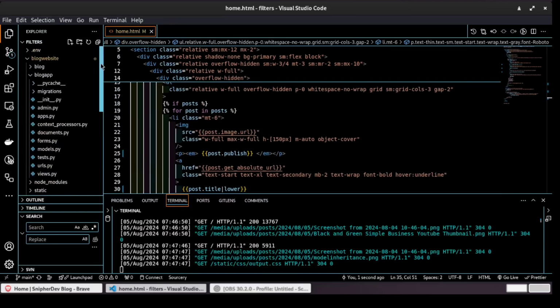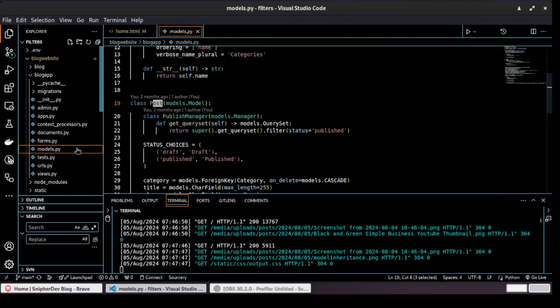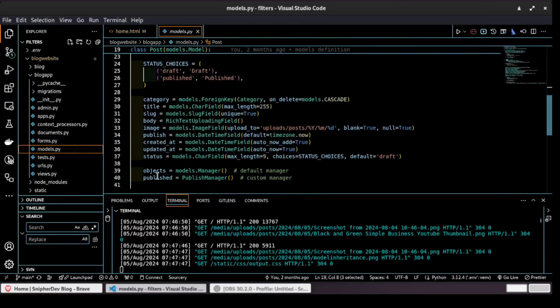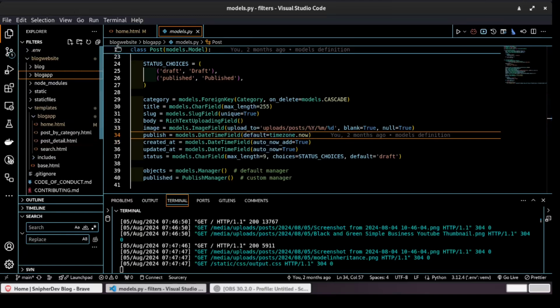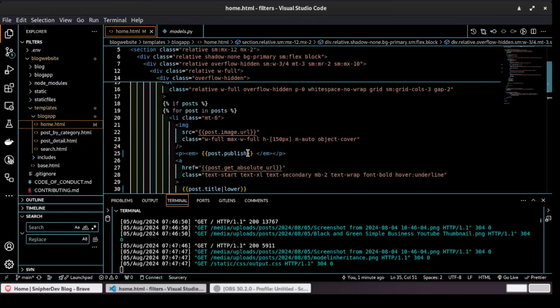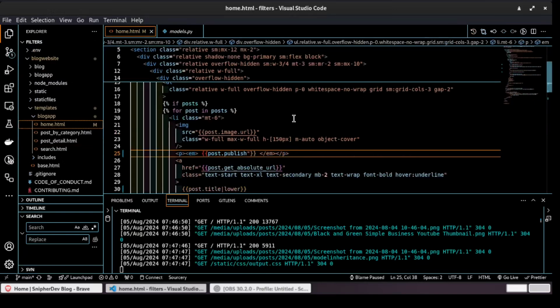Remember, in our models we had defined publish as a datetime field, which uses a default of timezone.now. So we can change how it looks by using a date filter. You can say date and then put your colon, then open quotations,